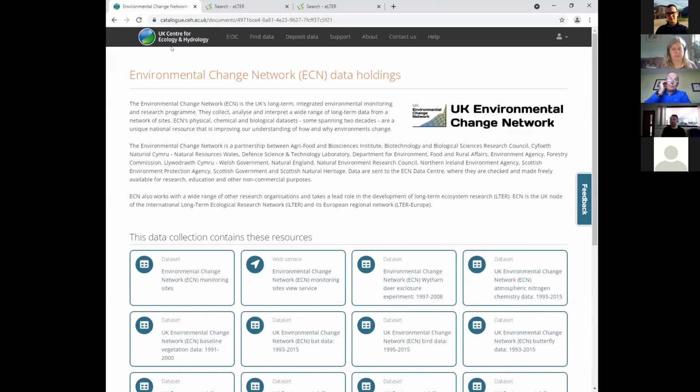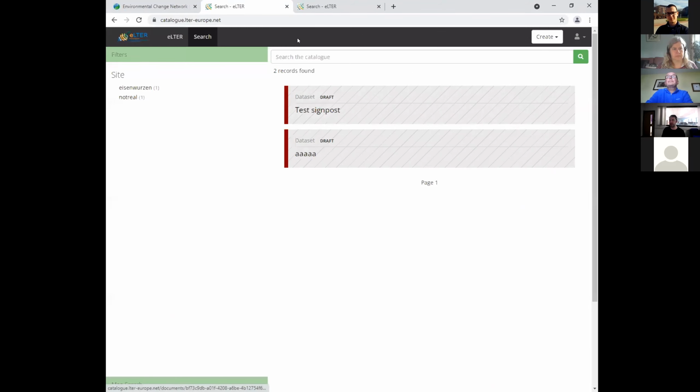So how does this metadata get into the register? If I switch back to the eLTER version of this, the Digital Assets Register, I can show you that you would fill in this information using a web form from this interface. So if you've got the permissions, you will have this create button at the top, and you can just use it to create a new metadata record. So I can click create,